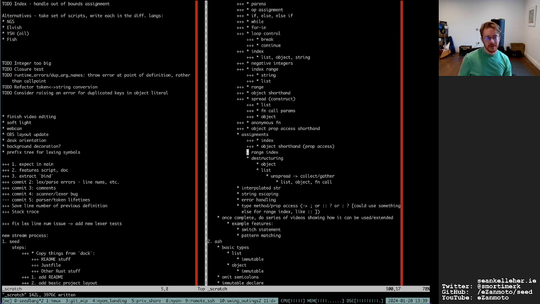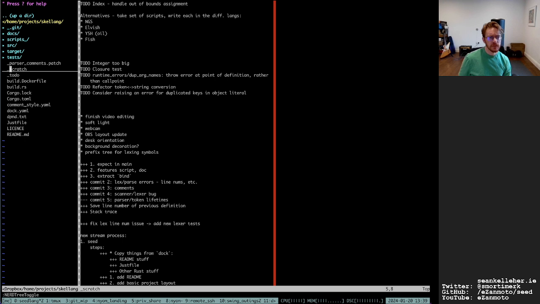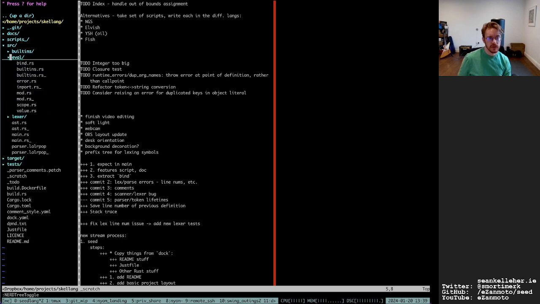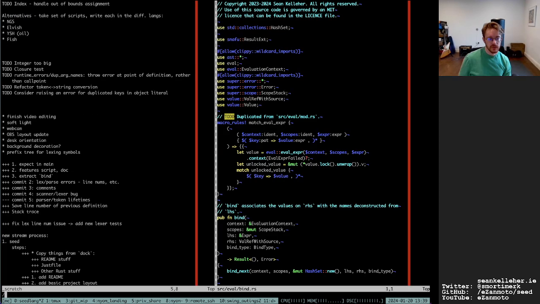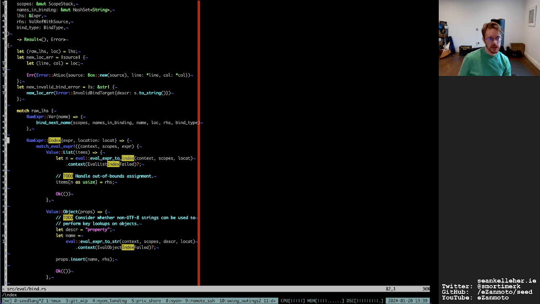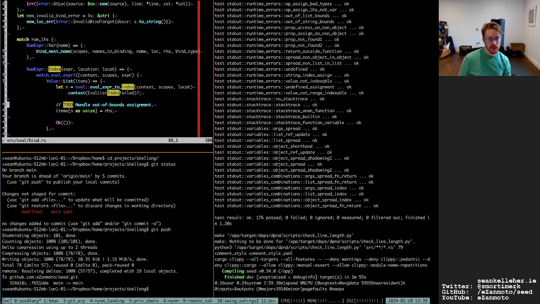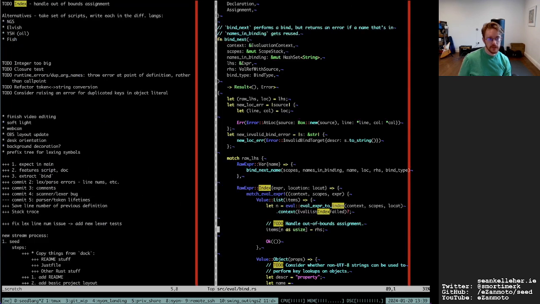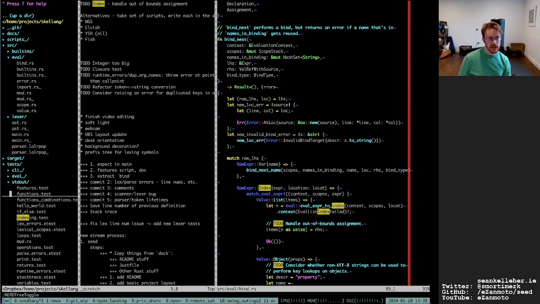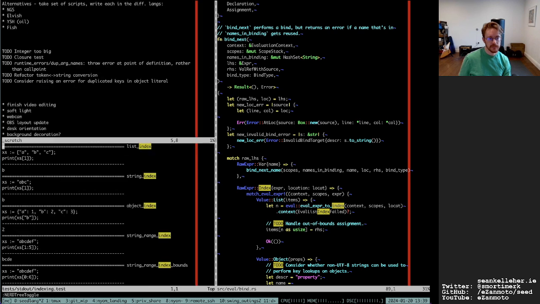Okay, finally I'm back to my own stuff. So let's see, we're wanting to handle an out of bounds assignment with binding. So let's see. So first we want to write a test for that, I guess. And we go standard out, indexing.